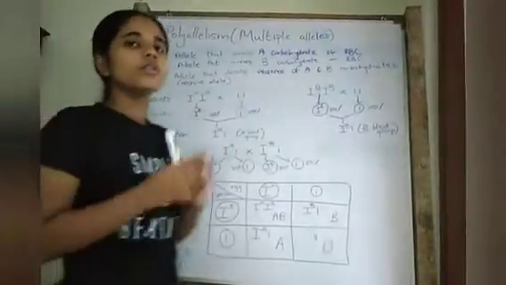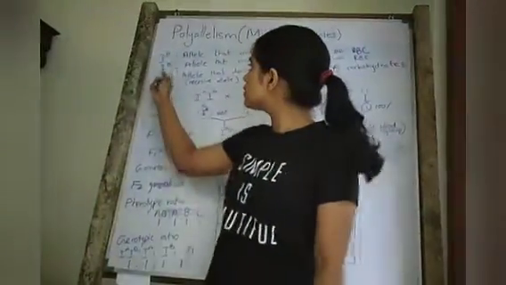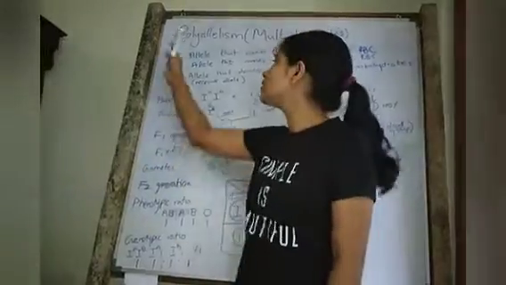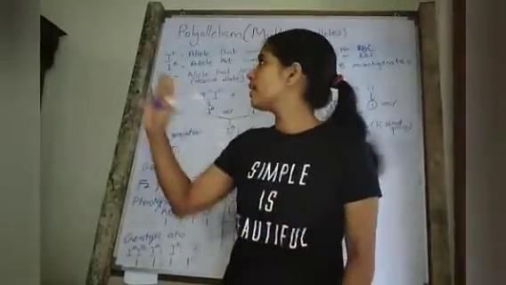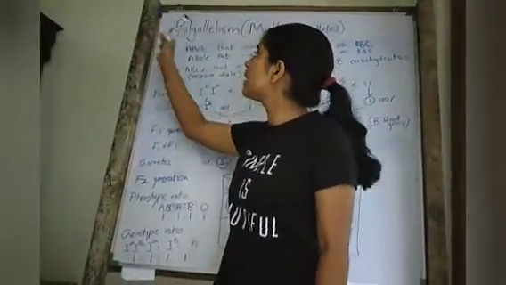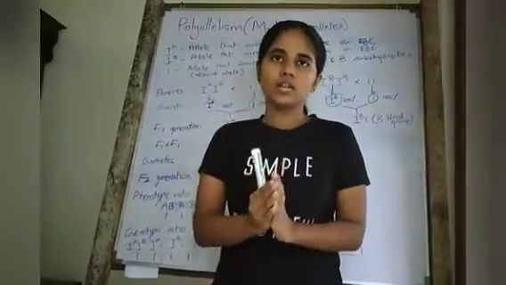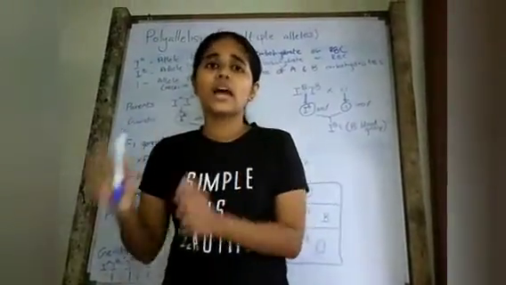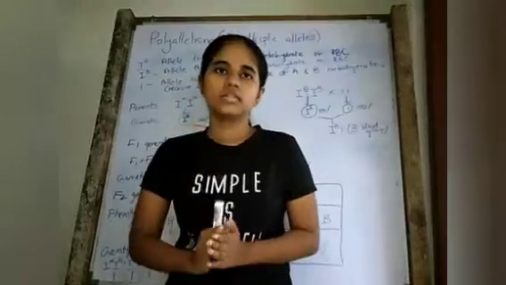So in a diploid organism, there can be only 2 of these 3 alleles. All 3 alleles are not present. One allele is received from the mother, the other allele is received from the father. So there cannot be all 3 alleles present in one human being. So let's take a look at the cross.